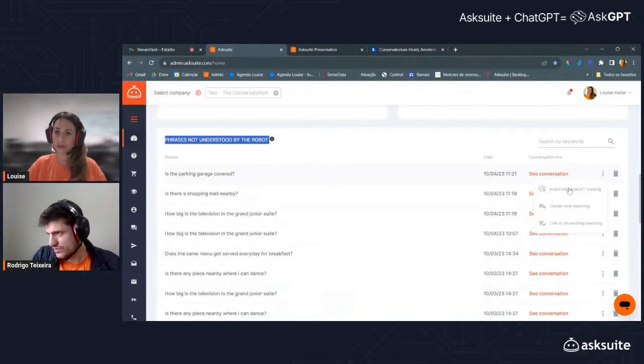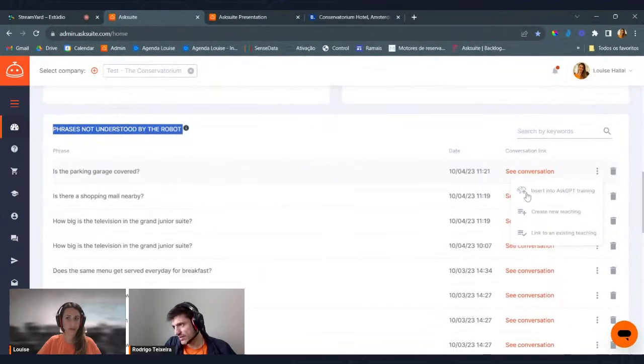And they can choose to add into AskGPT training or create a new teaching on the Teach Robot feature. So that's another trigger that you have to add new content and improve your automation rate.